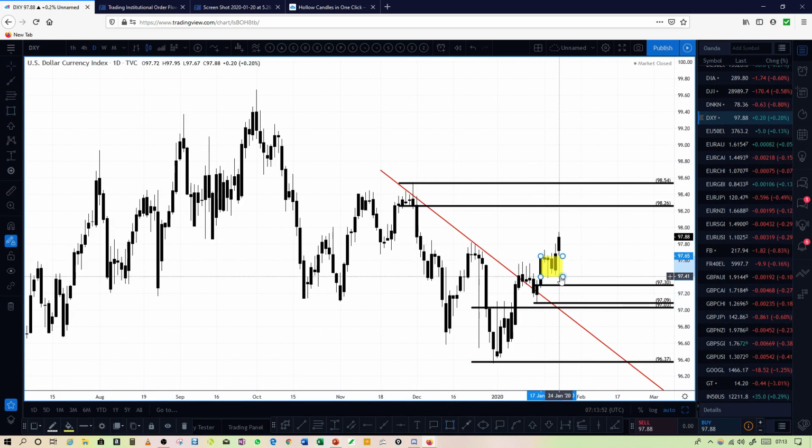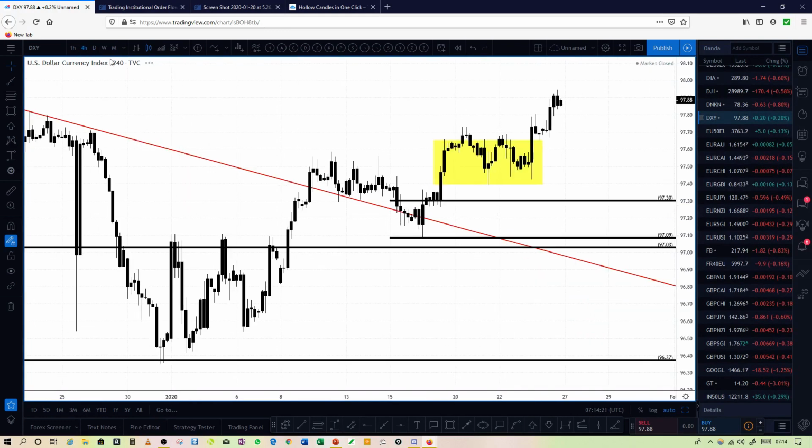I know some of you will already have that marked, but I would suggest you consider waiting because you don't have the criteria fulfilled for a quality level just yet. It is a level, but we always focus on not just is it a level, but what is the quality of that level, to help us manage our finances, our money, and not put our money at unnecessary risk. So for now, that is a demand zone, that is a supply zone. Let's go take a look and see if we have any opportunity.